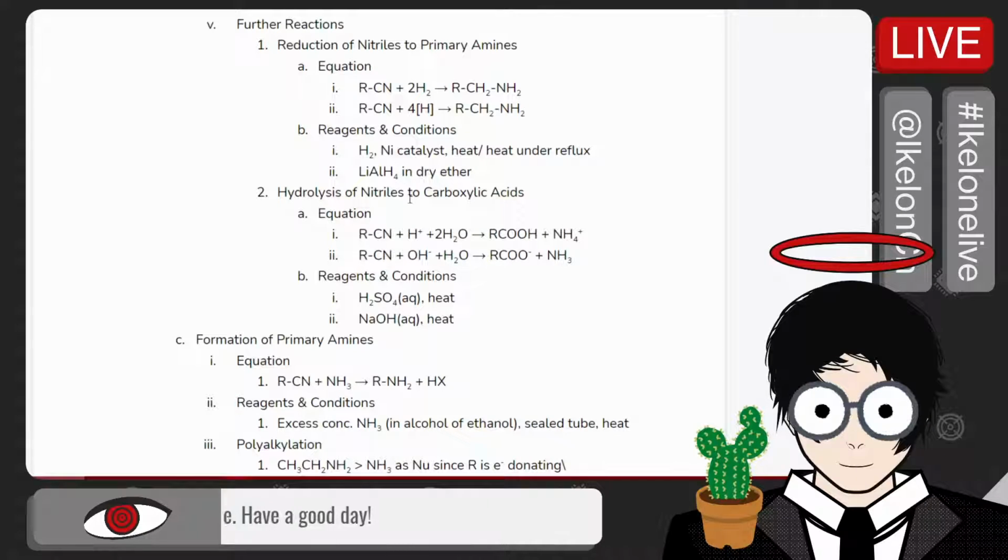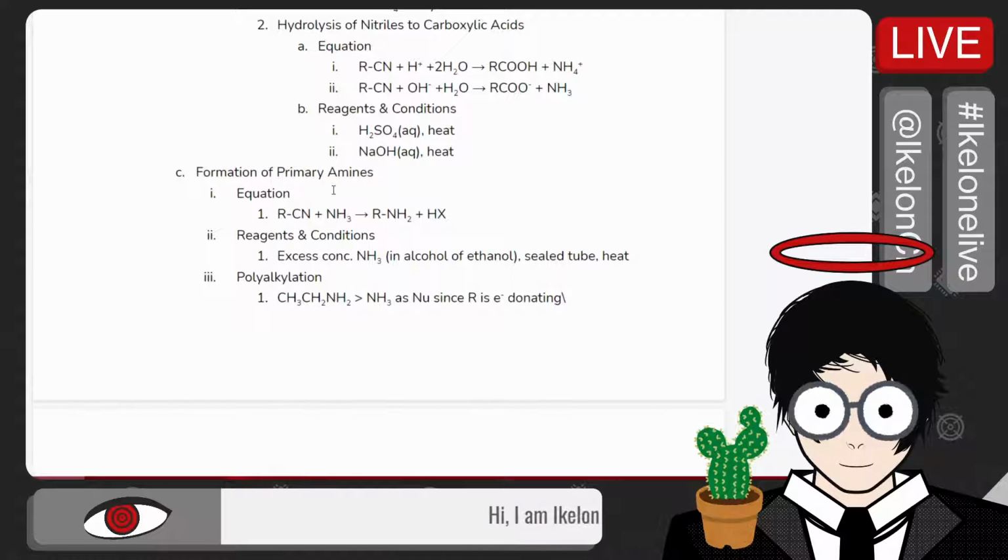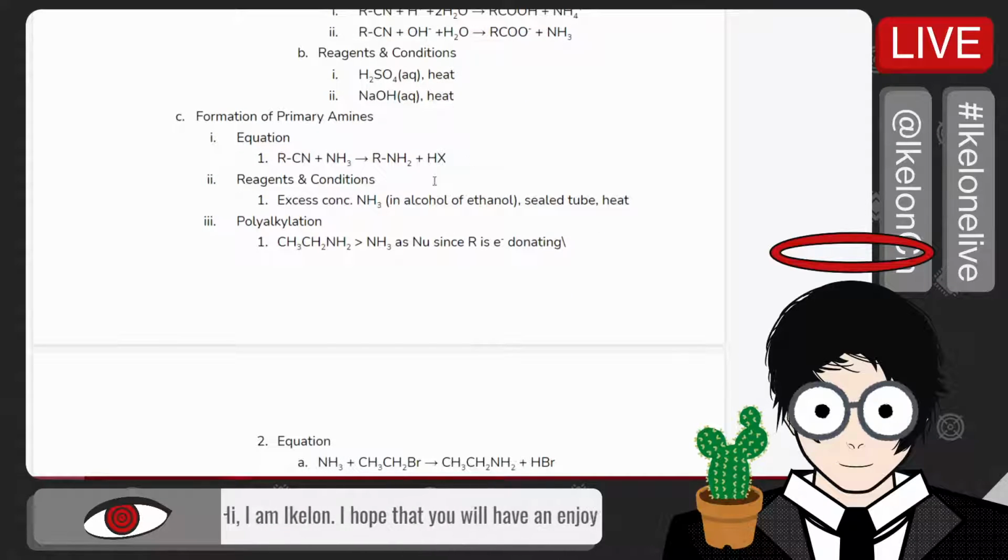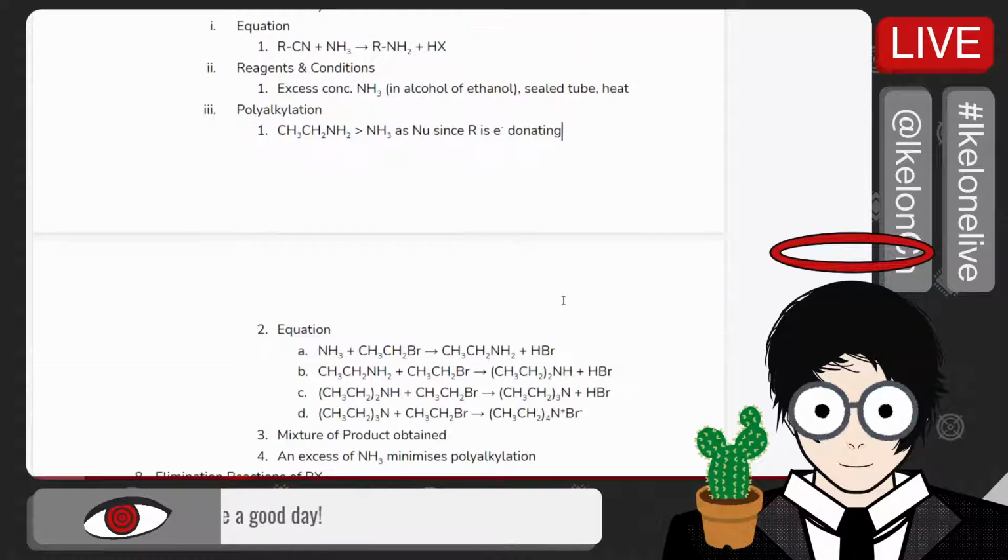Basic hydrolysis. The next step for nucleophilic substitutions, we have formation of primary amines. This is the equation. This is the reagents and condition. One thing to note is that for this, polysubstitution may occur. These are the equations. This is because,